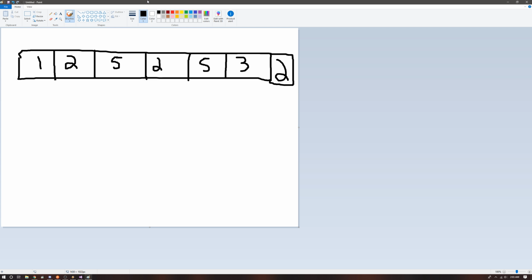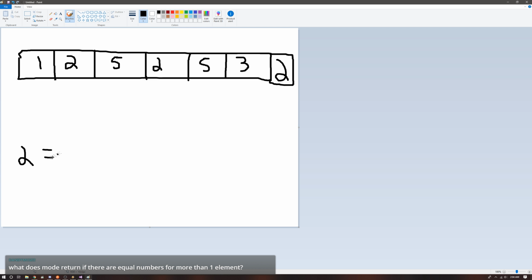So here, if we look at this array, I've got one 1, three 2s, two 5s, and one 3. The most common number in this array is 2. It shows up 3 times. And that's what they want us to figure out. They want us to look at this list and figure out which number is showing up the most. And so the way we're going to do this,